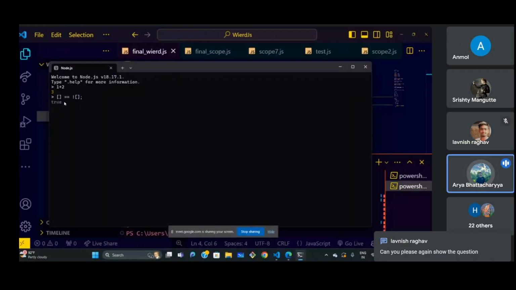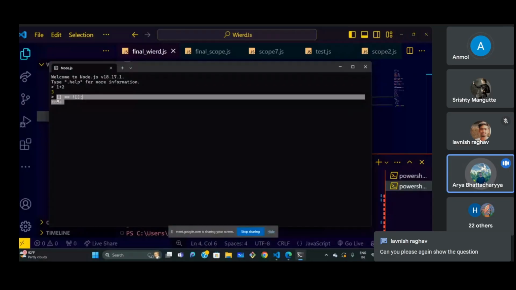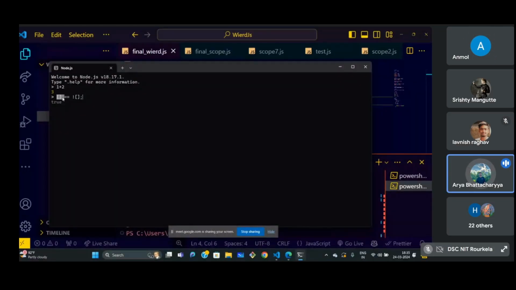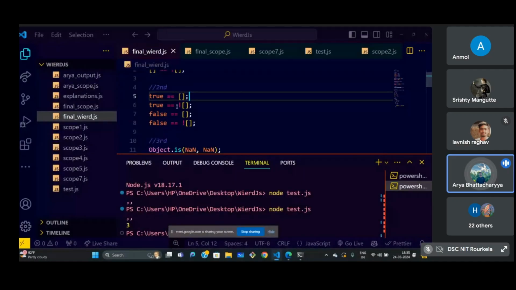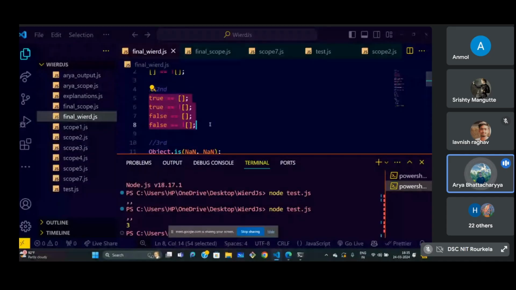Of course, it is true because when we are comparing the two empty braces, both of them end up as zero, so it is zero equals zero, and it ends up returning true. Similarly, we are comparing true and false. Here we were having the braces, and here we are having the Boolean expression with the square braces. So predict the answers of these four questions in a very similar manner. These are the very same questions as the first question. So predict these answers.